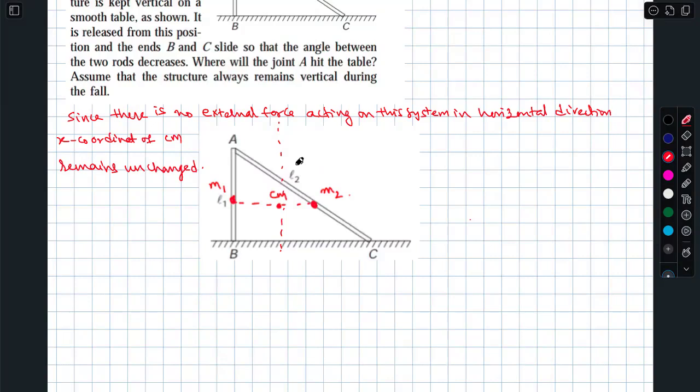Okay. Now, the question is, where will the joint A hit the table? Assume that the structure always remains vertical. This is the situation. Finally, for example, when it falls, what happens? Let us change the color. Suppose after falling, I am assuming